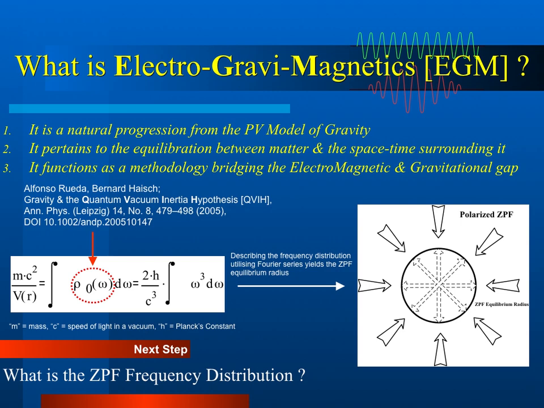The equation shown demonstrates the energetic equality between the mass energy density per unit volume of an object, and the spectral energy density distribution of the zero-point field when integrated over the frequency domain. The frequency distribution stated here is the distribution derived by Hayes, Rueda and Puthoff in their quantum vacuum inertia hypothesis, which explains the origins of inertia. However, even this distribution faces the same problem of infinite energy and a vanishing volume, as we mentioned earlier. So, how can we overcome this problem? That is, in terms of zero-point field spectral limits, what is the zero-point field frequency distribution?